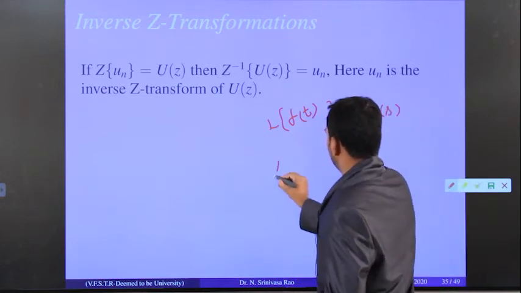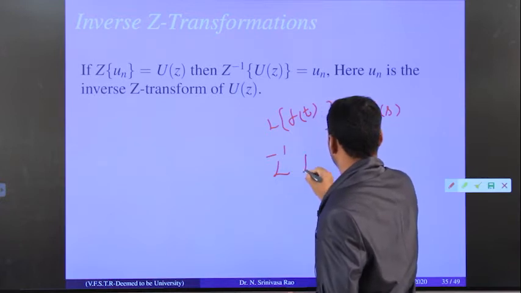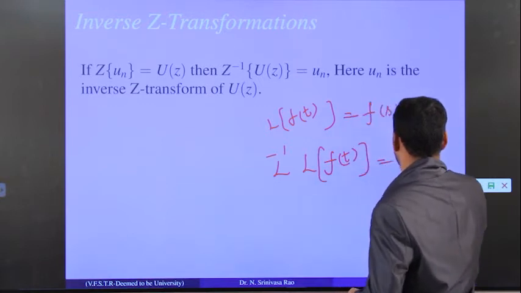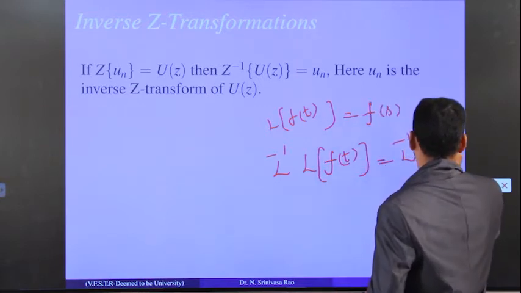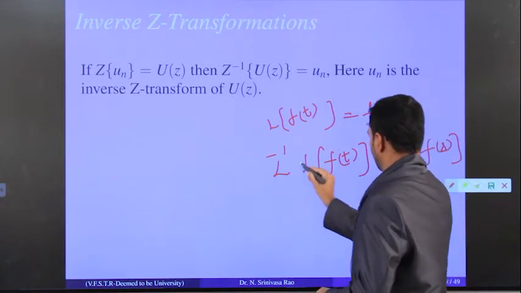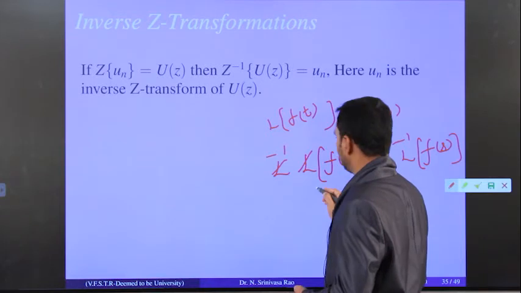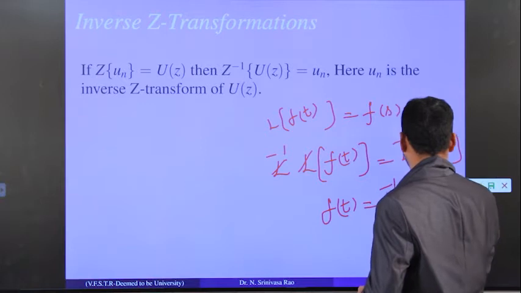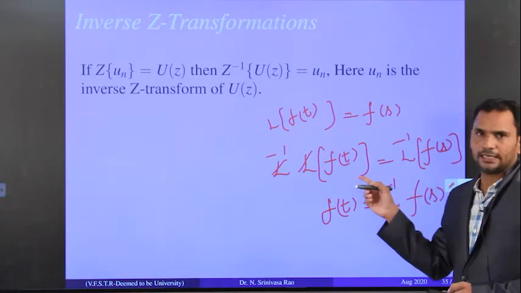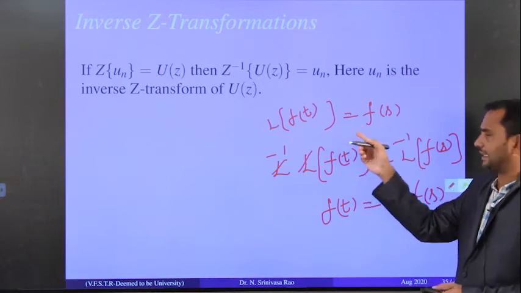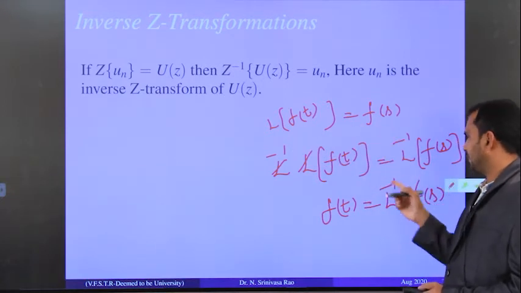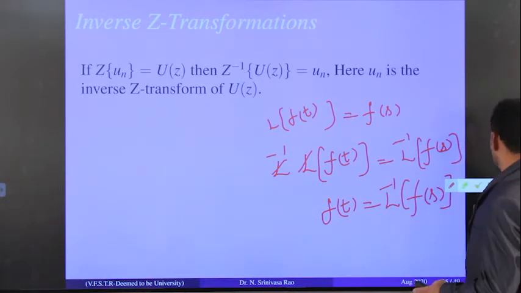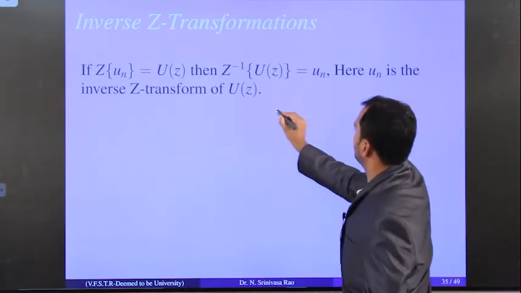So for example, like Laplace transform, L of f of t equals to f of s. Now what we did is, we applied Laplace inverse both sides. L inverse of L of f of t equals to L inverse of f of s. Okay. So now we will get this inverse operator and operator cancelled. So therefore f of t equals to L inverse of f of s. Okay. So this we already discussed in your second semester. So L of f of t is f of s. So therefore L inverse of f of s is f of t. Okay. So similarly we can discuss if Z of u n is u of z.